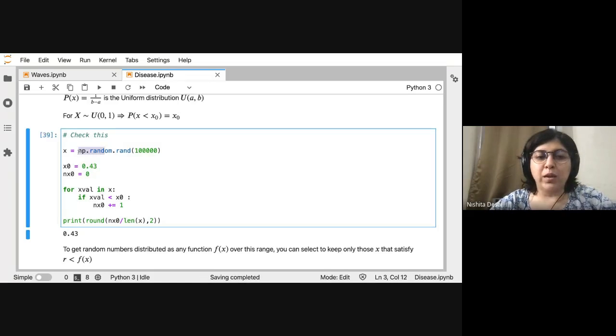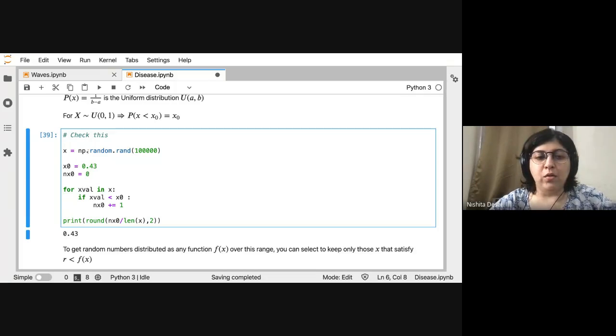You've worked with this before. You have this random number generator, which gives you uniform random numbers between 0 and 1. We want 1 lakh, 100,000, of those. Let's pick x0 as some number, say 0.43, and we count the number of values that are less than 0.43.